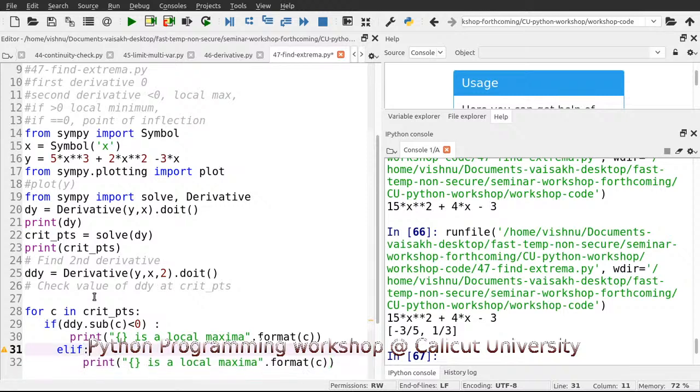There is a condition, of course. The condition is that if it's greater than 0, it's a local minima, or if none of these,